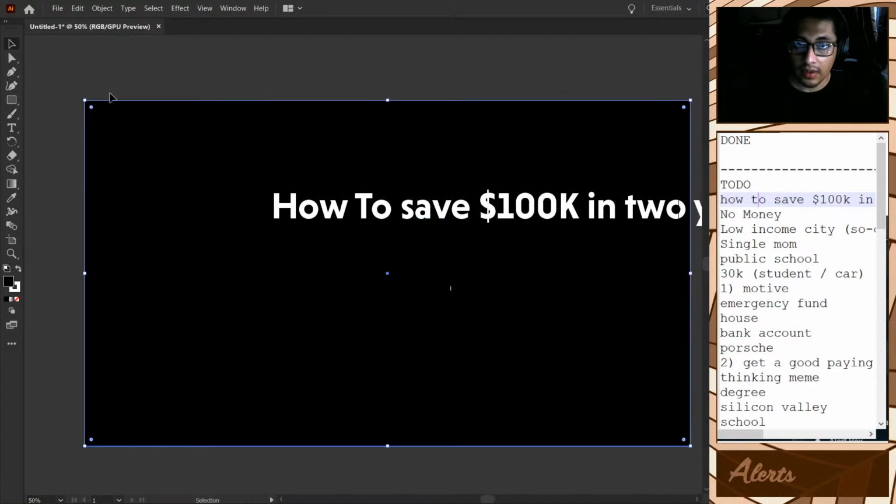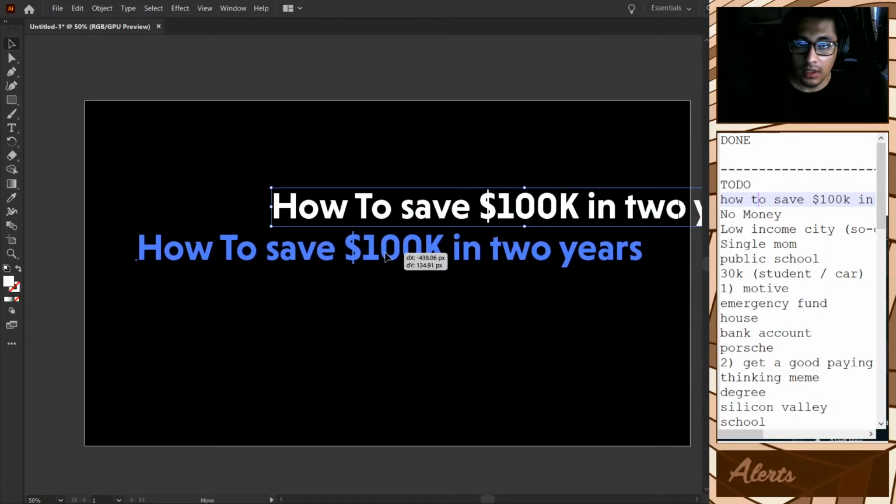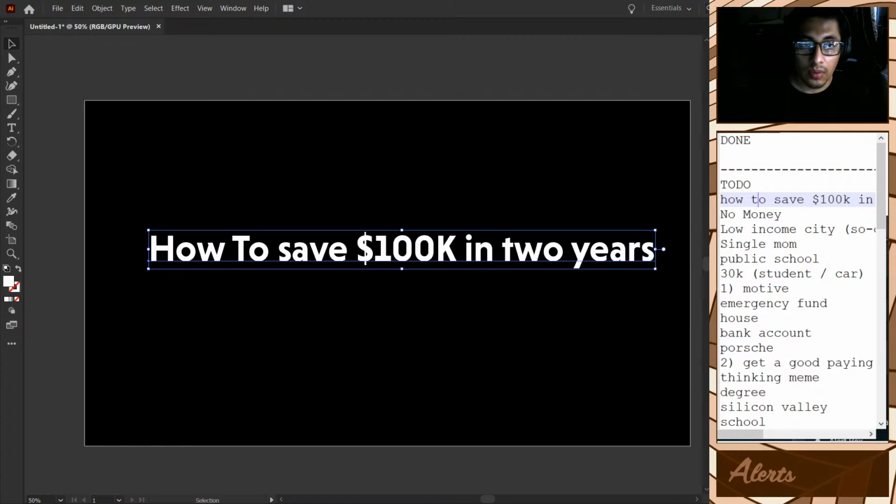And from here, the right size. So this thing we go and we align.